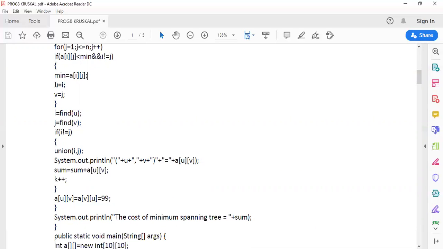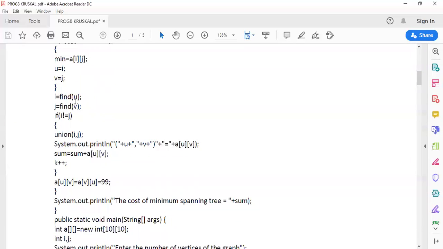So the vertex U is 1 and the vertex V is 2. Keep this in mind. And now I'll explain what the find algorithm does. You're calling the find algorithm for vertex U, and one more time you're calling the find algorithm for vertex V. At the initial step, at the starting condition, we have not assigned any parent to any vertex.